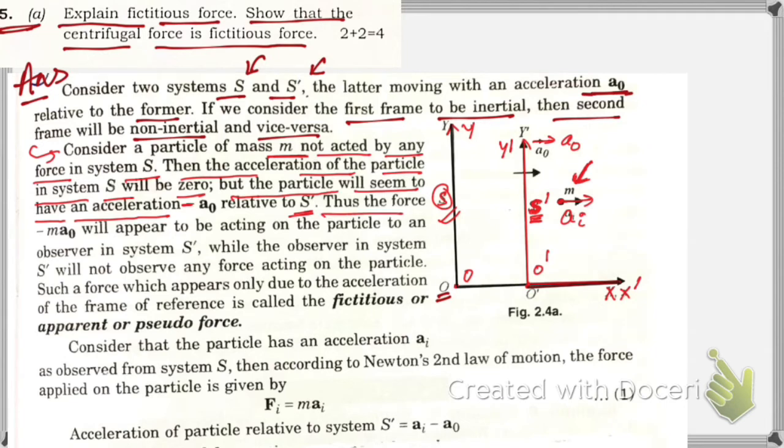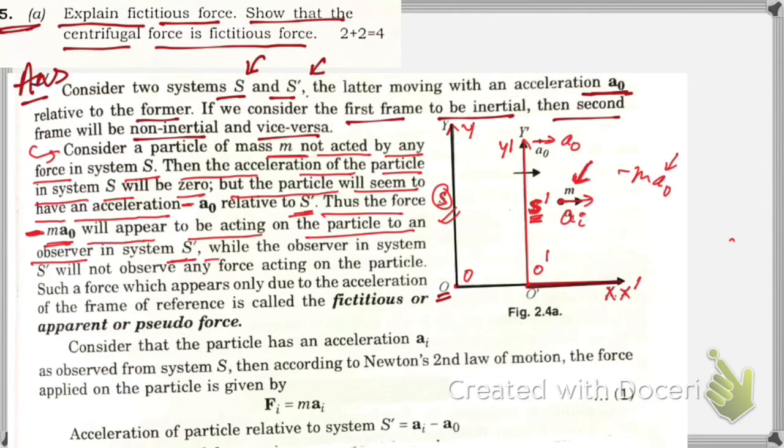Thus the force minus m a0 will appear to be acting on the particle to an observer in the system S dash. If we have an observer in the system S dash, then he will observe that the force acting on the particle of mass m will be minus m a0. So a0 is the acceleration, right? So here you see,